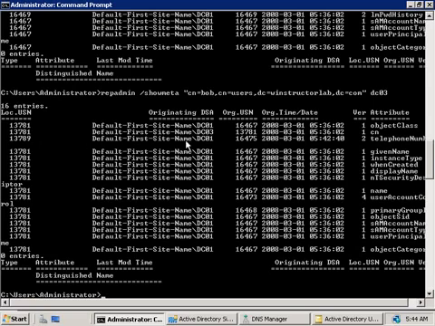Now, on the left-hand side here, you can also note the local update sequence number for this attribute, and this is what DC03 stores this value as. And in the middle here, you can see the originating update sequence number, which is what DC01 stores the value as. Now, it doesn't matter that quite obviously these two values here are different, as each domain controller will keep